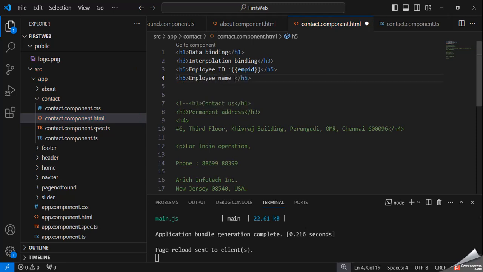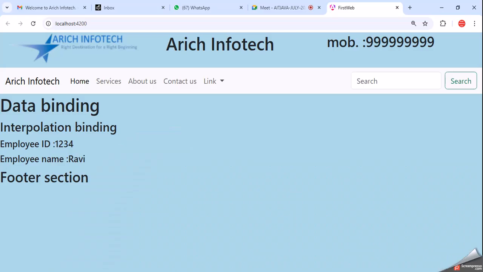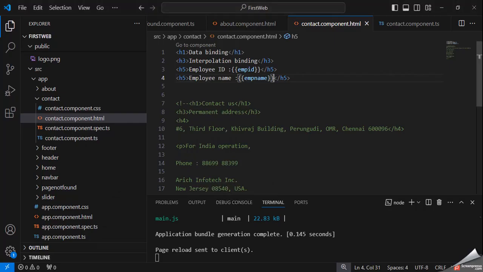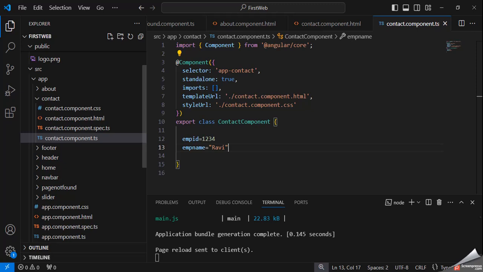Employee name is Ron. So we can declare any type of values in the TS file and we can access them in the HTML file, from TS file to HTML. It's very simple. We have multiple ways, but interpolation binding is a very easy way.